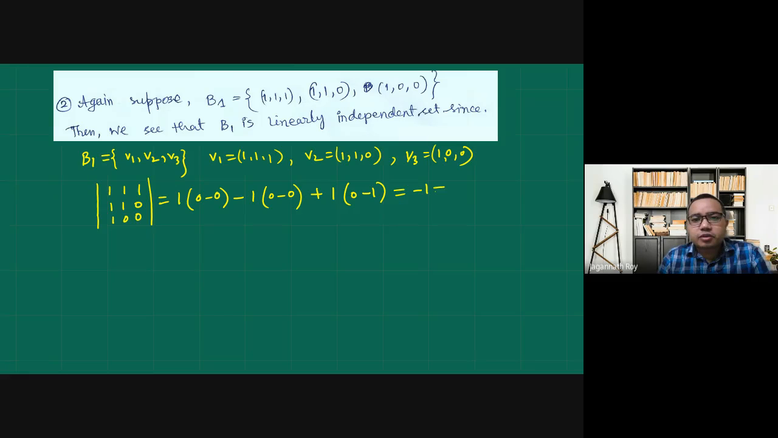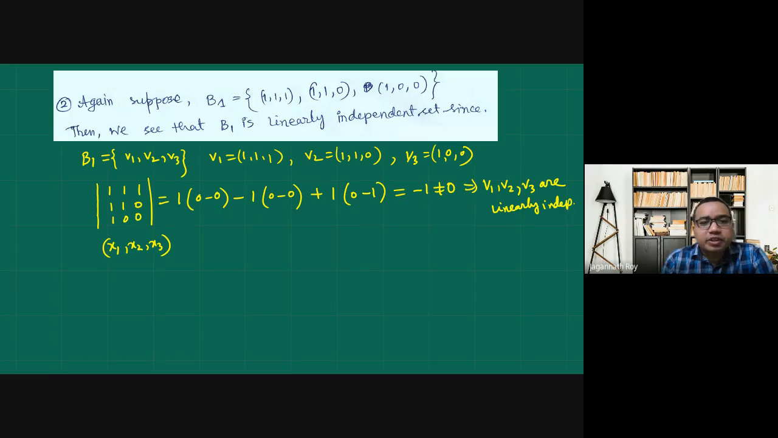So this is -1, non-zero. So it implies V1, V2 and V3 are linearly independent. Okay, now can we write any x1, x2 and x3? We have to check whether it is a spanning set or not, belongs to R3. Okay, so if we can write x1, x2 and x3